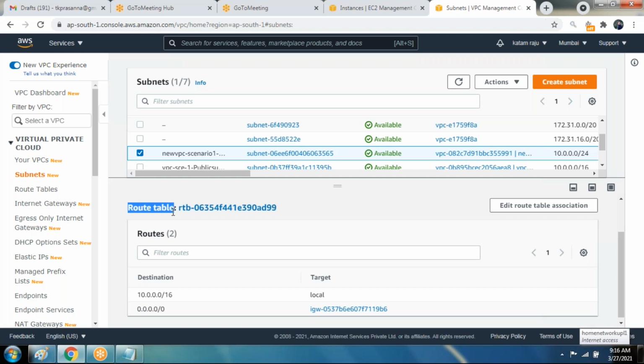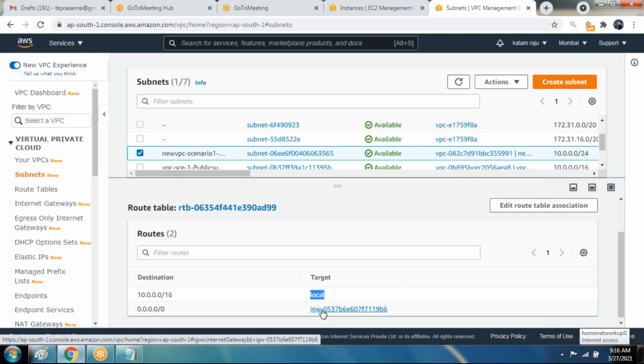So they are attached by default, the attachment between the subnet and the VPC is done, and also to the route table. Now you can see that that is your internet gateway. What is an internet gateway? The internet gateway is for the purpose of public subnets. By looking at the internet gateway, you can identify that this is your public subnet. Okay, right. So now proceed with